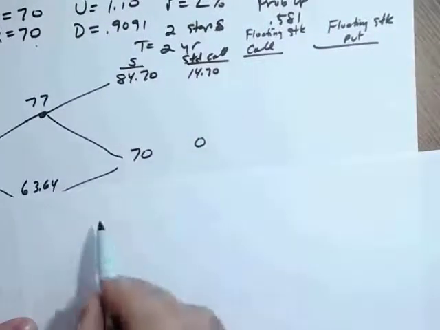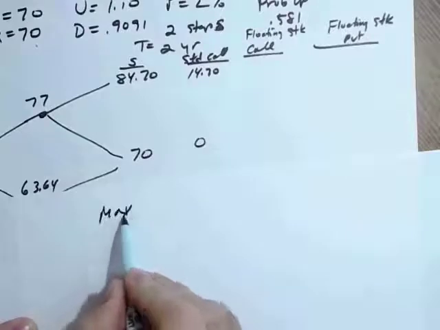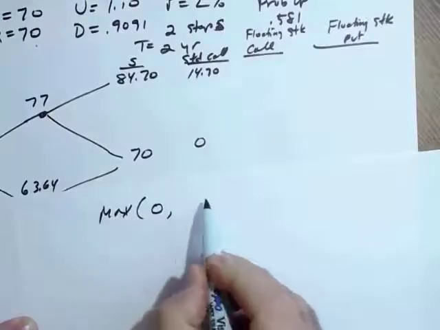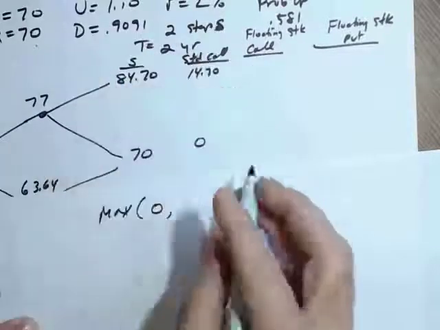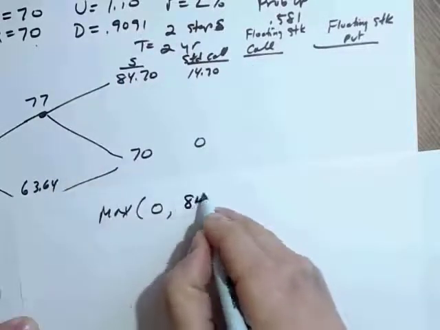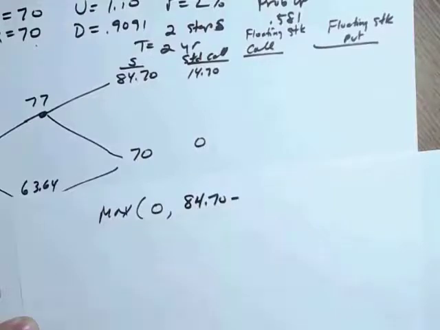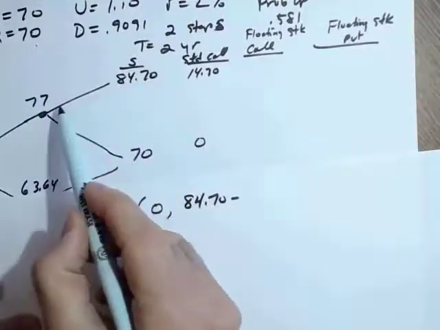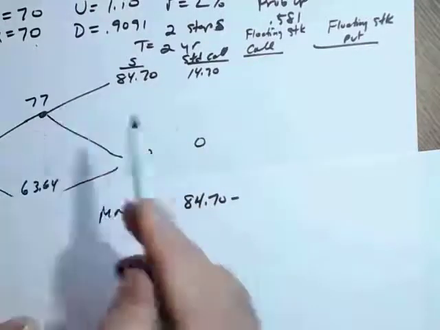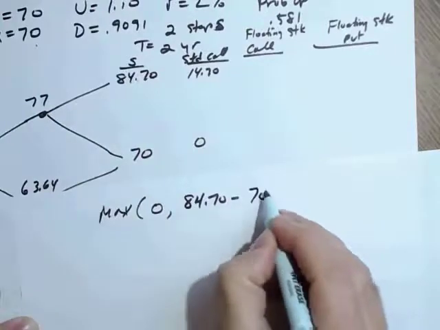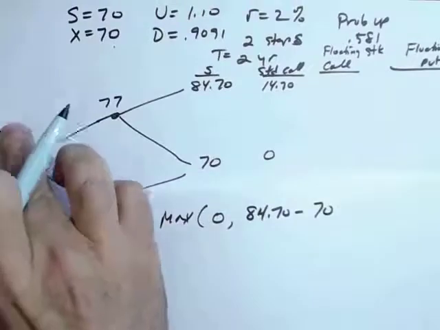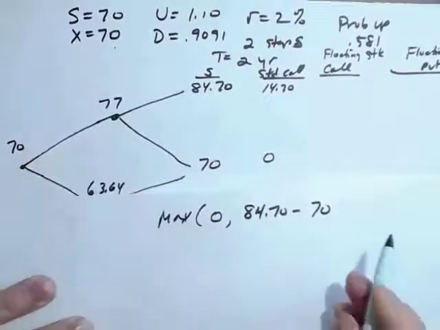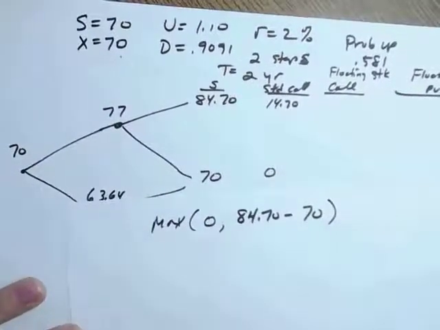That will be the maximum of 0 versus the stock price at expiration, which is 84.70, minus the stock price at the minimum of this path. What is the stock price at the minimum here? Well, it was 70 right at this point. Right here it was 70. Therefore the payoff here is going to be